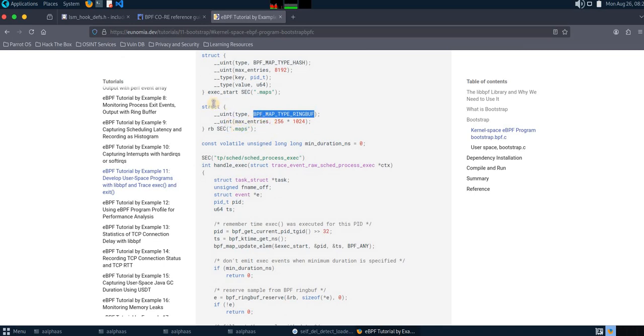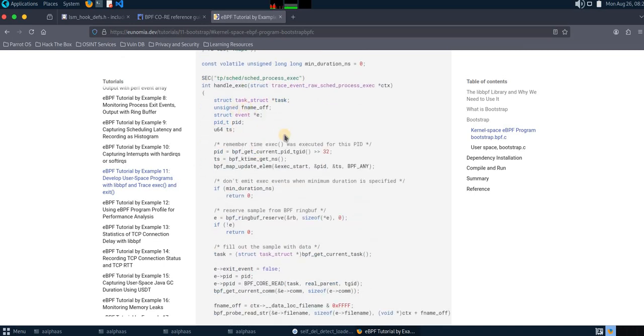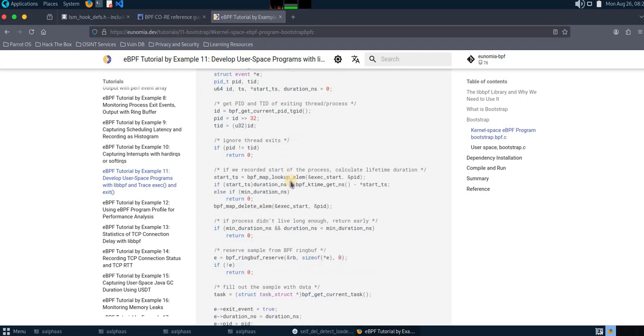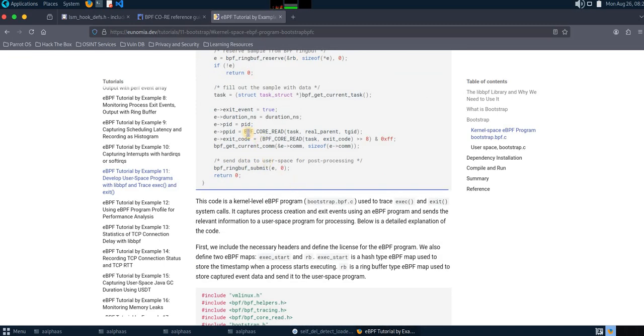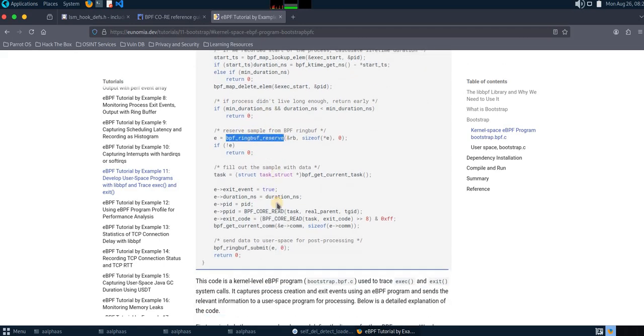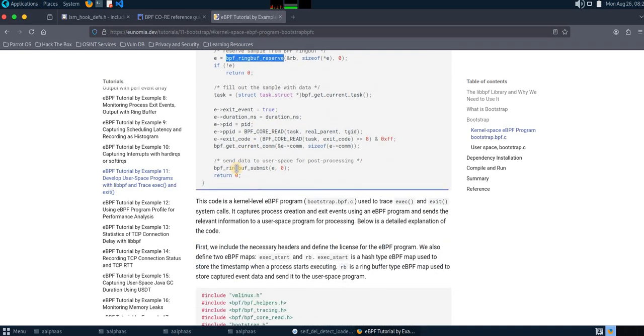Here they created the eBPF app using the ring buffer, and they're sharing the data to the user space. But I have done it in a different way. Here you can see that they are using this BPF core read method instead of the one that I used in my app, and they are creating space for their ring buffer, and finally they are submitting their ring buffer to the user space. So once the submission is successful, you can access the data